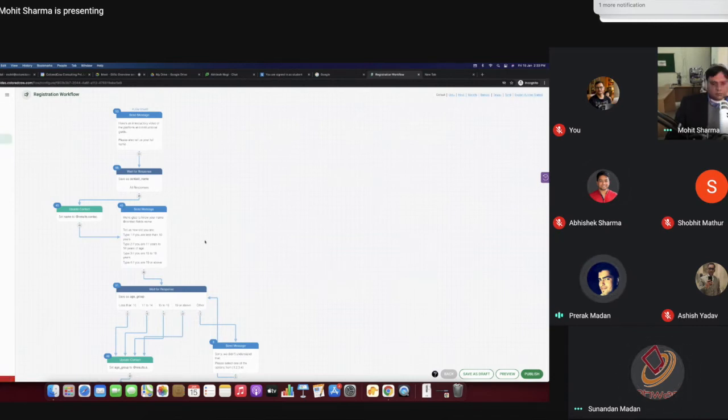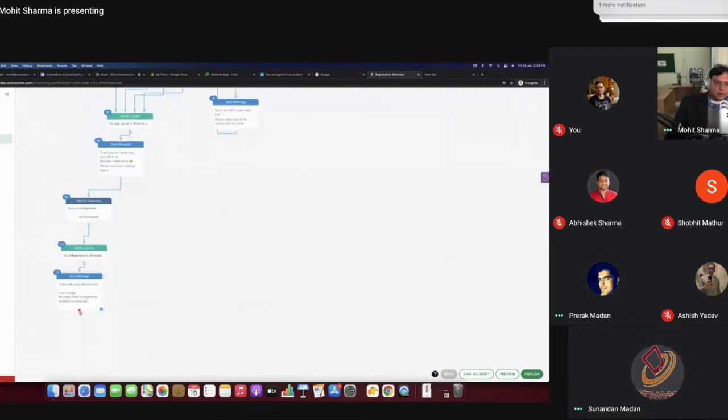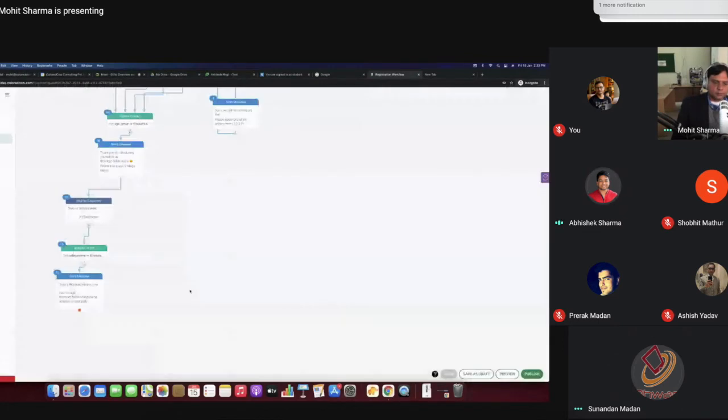I have a doubt. Can we store multimedia input from the user end, if some user is sharing some pictures and some videos? Yes, that option is there, has media. Yes, we have that option where you can save media files. Another subsequent question: does it have GPS location? There was also a question of has media and has location. Yes, it has media and has location options which you can store.